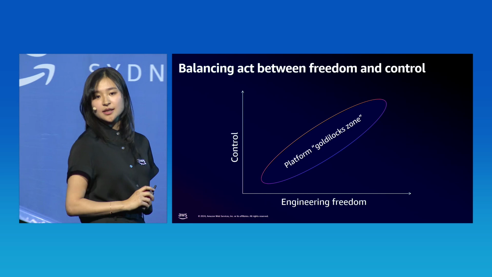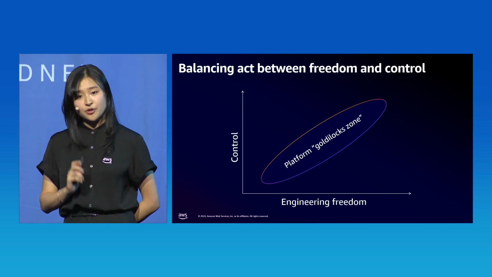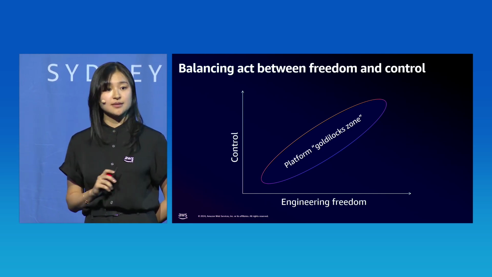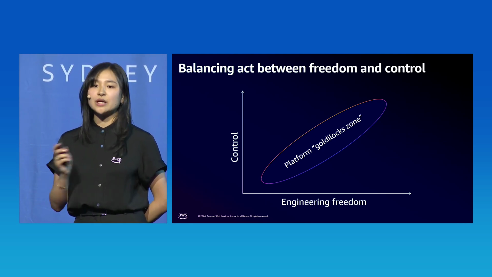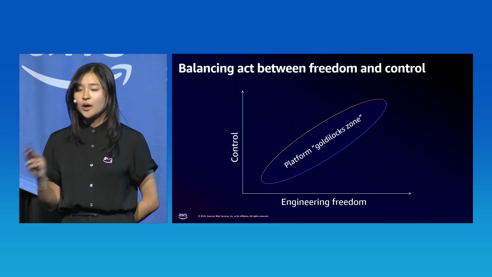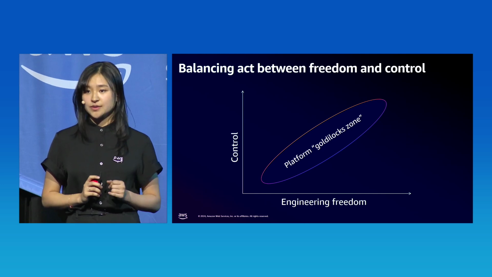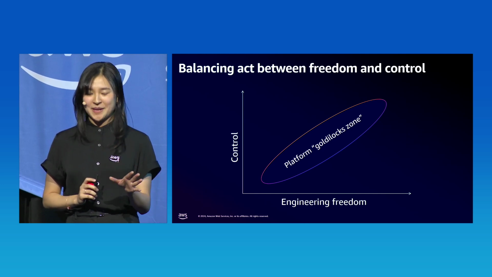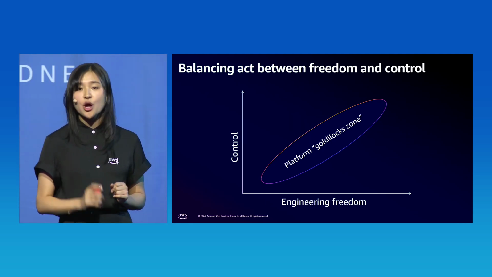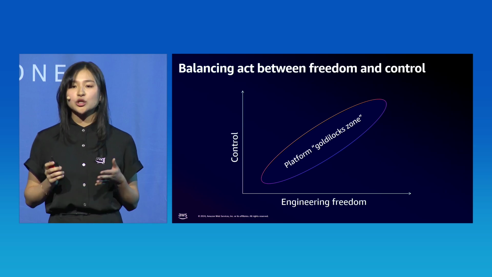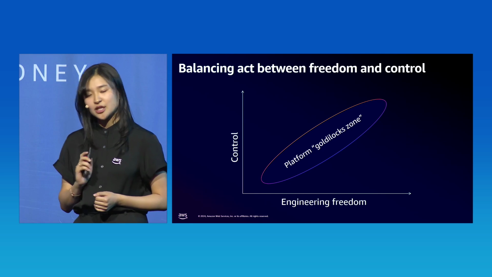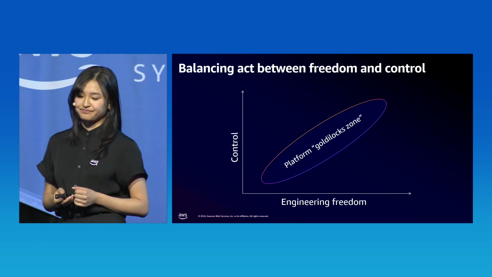Regardless of which approach you take, when a company starts to treat their platform like a product, success is found in understanding who that platform customer is. And it's not just engineers. Understanding their requirements and building backwards from them. You need to know whether you're building to provide the most engineering freedom or building to embed risk controls and guardrails. Don't build it and wait for people to come. The success of a platform is found in its adoption and in its usage, so know who you're building for, what they own and what you own, and when balanced well, you'll fall within this platform Goldilocks zone. And this is where you start to pave the way for safe and rapid app deployment.